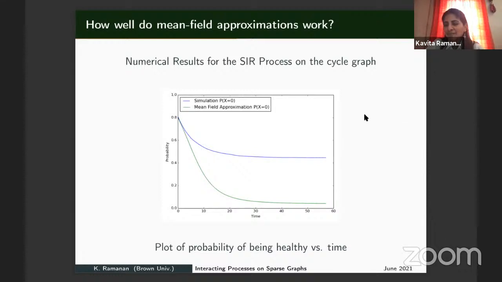Well, I guess because on cycle graphs, the degrees remain the same for each node, no? Yeah, so you don't have asymptotic independence. You know that you're strongly correlated with your neighbor throughout, right? So you do not have weakly interacting systems. You don't have asymptotic independence. And so the mean field limit is not doing well, right?